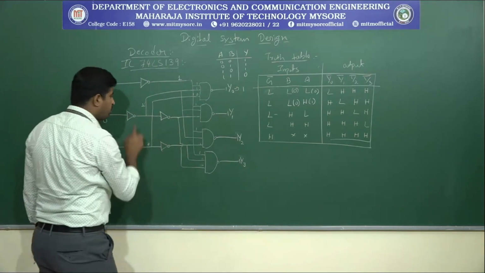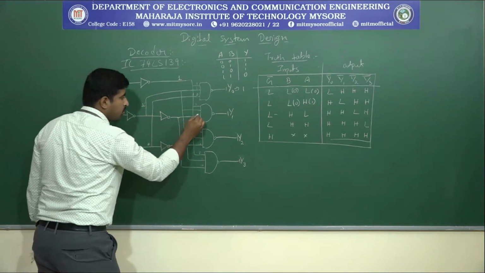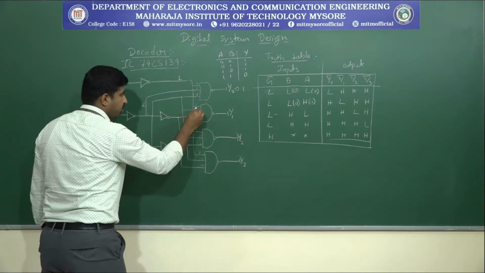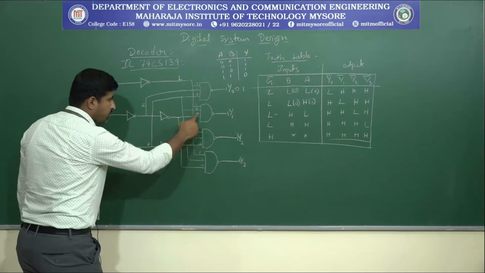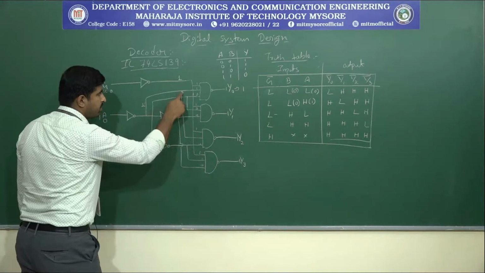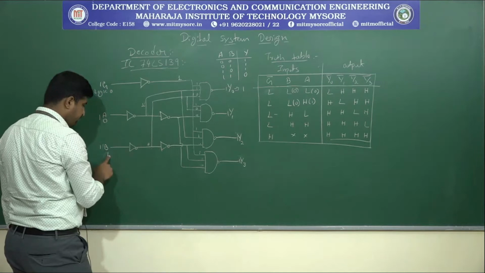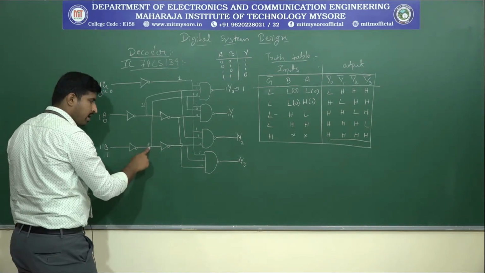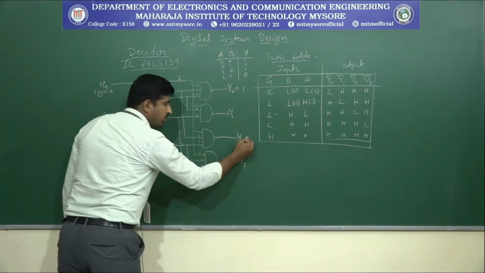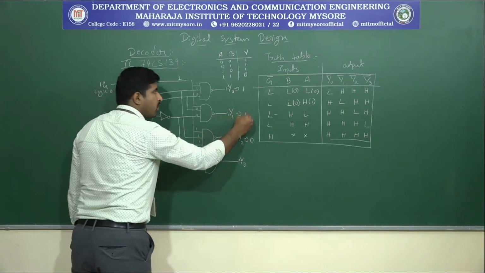Now the Y1 output. This is connected to A0, so this equals 0, and this point also equals 0. Now this equals 1 always, because this is an enable line. This will be connected to here, and this corresponds to logic 1. This is also connected to here. So we are giving a 1 here, not 0, and again inverted, and this will equal 1. So all the inputs are 1, which leads to logic 0. Here, any one of the inputs being 0 means the output must equal 1.